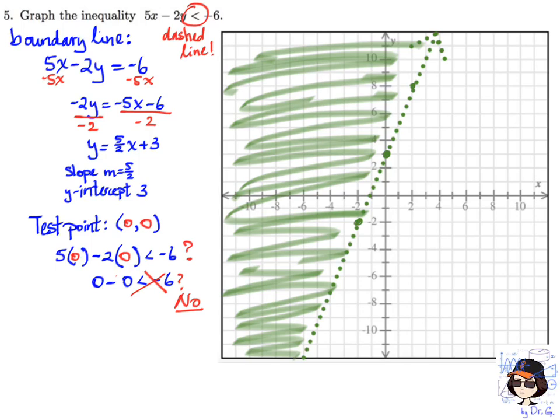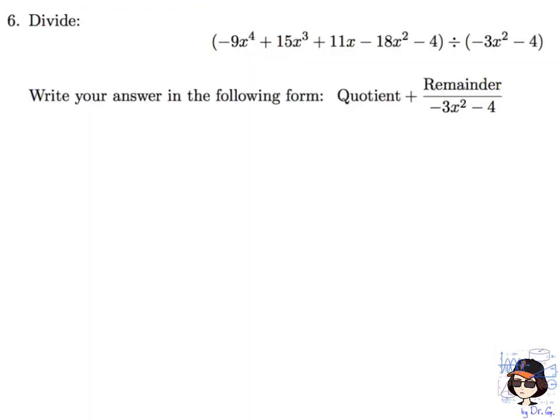Okay, let's look at the next problem. Number 6, long division problem. All right. This one, it looks like it's got some complications to it. I have a lot of minus signs. Also, I can see that my